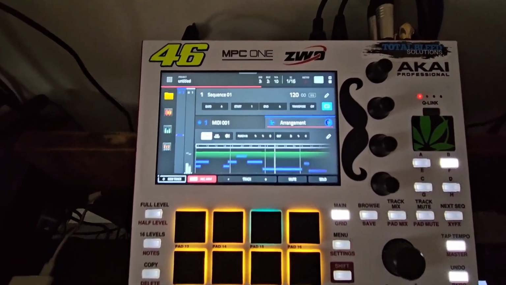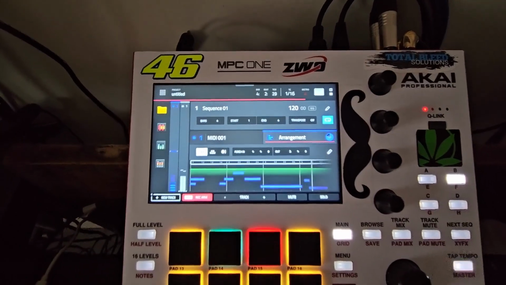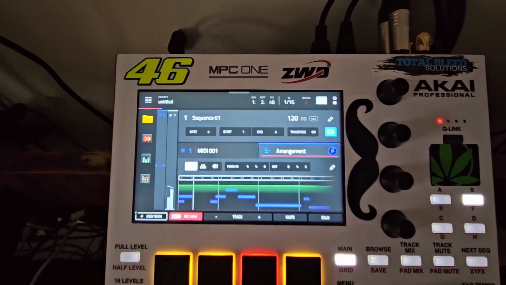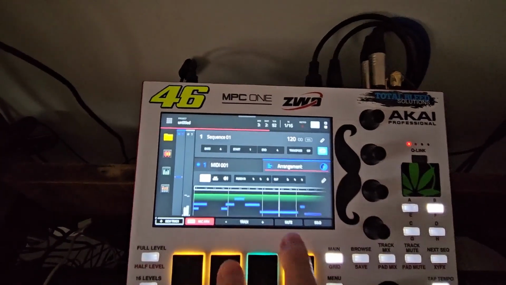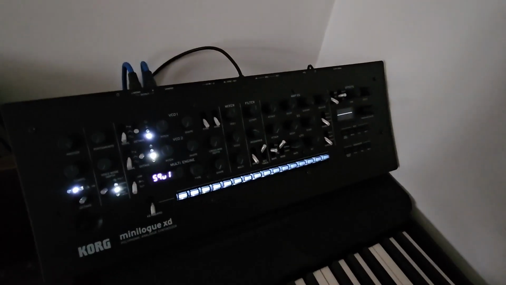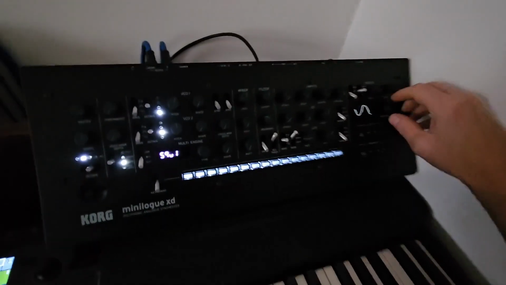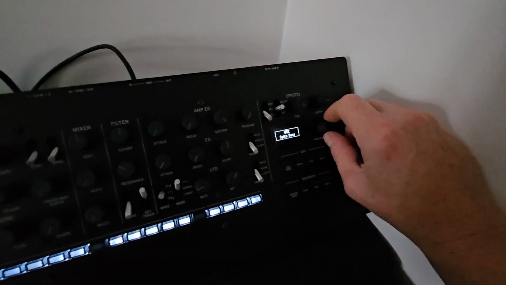Right, so not the best 4-bar loop, but it's just for demonstration purposes. So what we have now is recorded MIDI signals that are now triggering the synthesizer, the patch on the synthesizer, and obviously if I change the patch,